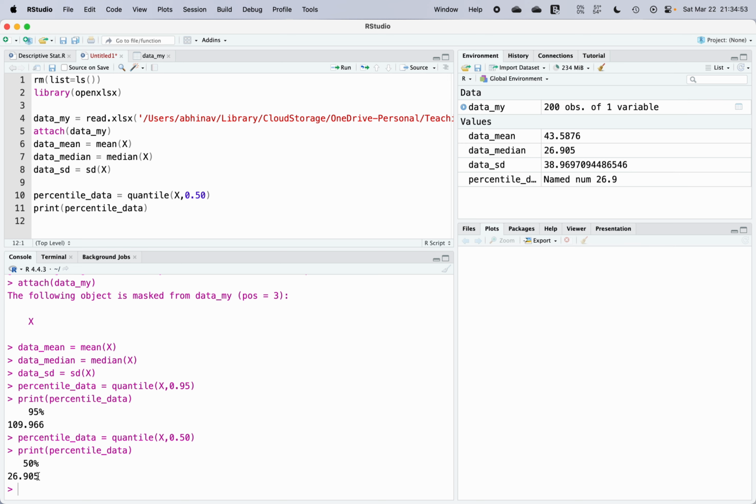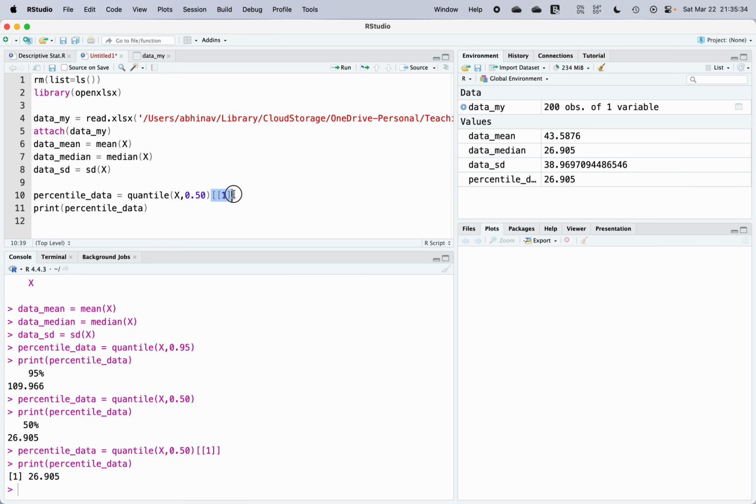Now suppose I want to store the percentile value in an object, but not like this. It shows us the 95th percentile value. So what I can do is write this. Using this indexing, I can store just the percentile data point value in the object rather than storing it like this. If you see over here, it doesn't store the data as a number like it has stored in mean, median and standard deviation. So to alleviate that problem,